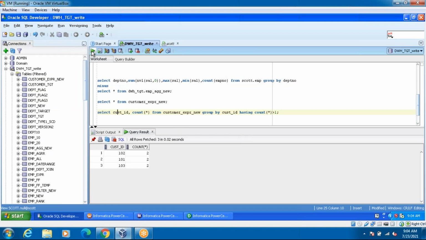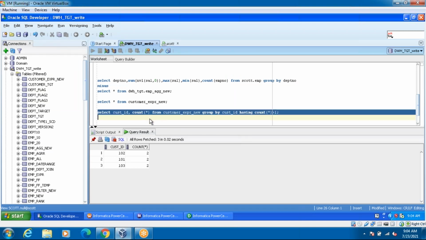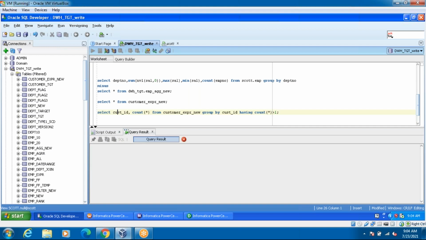I execute this one, same query. What happened here? See, 333 records. It means they didn't handle the SCD1 functionality properly here. Then we have to raise a defect for this. You have to take the screenshot, then raise a defect. So in my target table, it's populating duplicate records. Okay, the job is executed successfully, but the duplicate records are loading into my target table. Clear, guys?